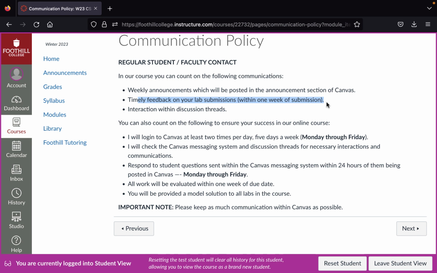But if I find that there's some significant problems or significant amount of feedback, or any problems with the lab itself, or if I have lots of meetings that come up, I do ask for at least a week after submission, but it's never taken that long. So anyway, I will interact with you within our discussion threads as we go through.